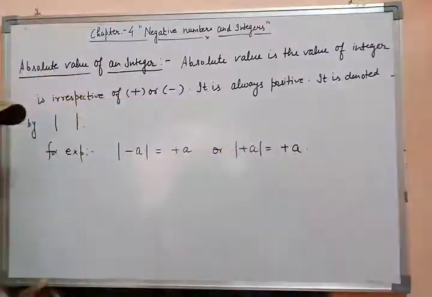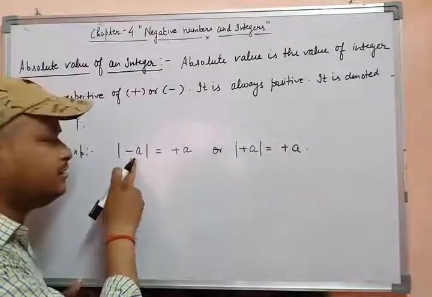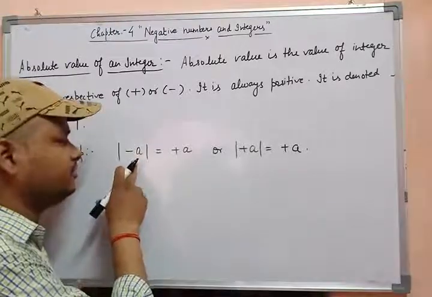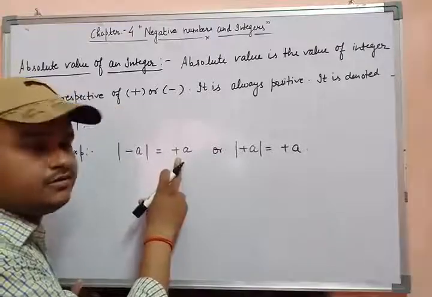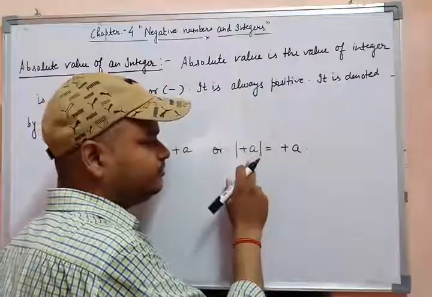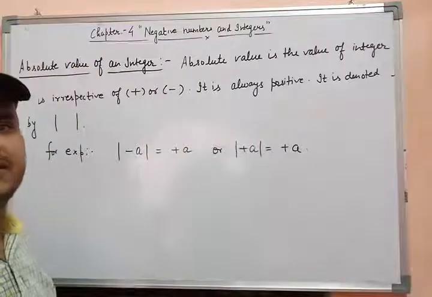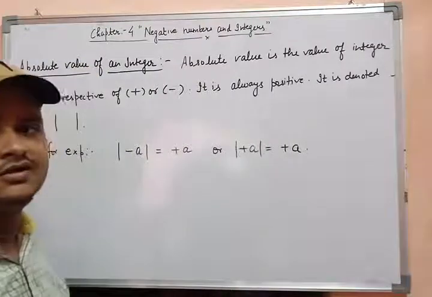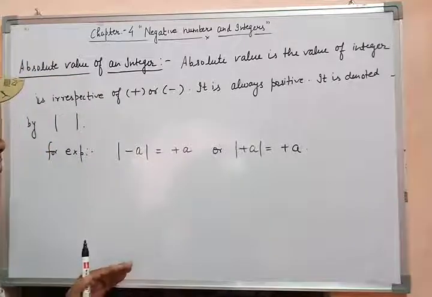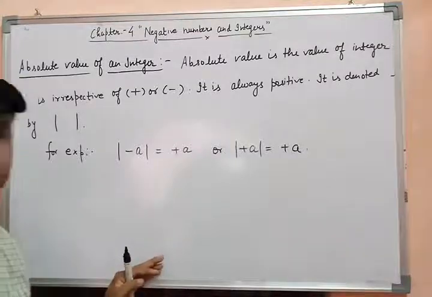Okay, so this is the symbol of absolute value, and if you write any negative integer inside the symbol, then the value is positive, and if you write any positive integer, then the absolute value of this positive integer is always positive. So this is another very interesting concept which you will have to learn. Now it is time to solve some numerical problems. So before moving to the next numerical problems, pause the video to note it down in your copy and take a